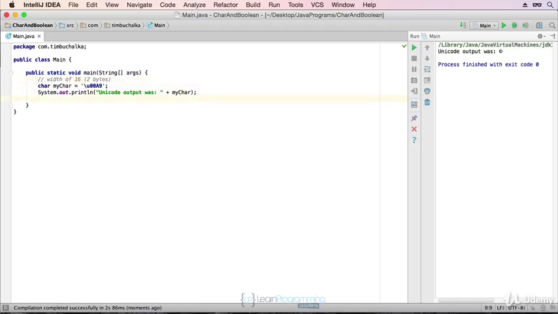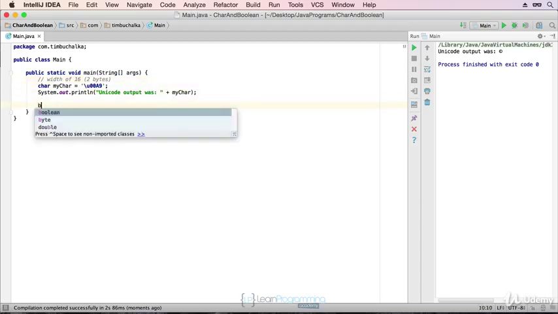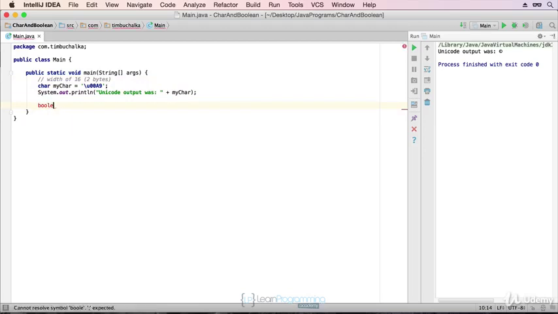Second type is called a Boolean. So we'd use that, we type in Boolean, B-O-O-L-E-A-N. My Boolean equals, and there can only be 2 values. The 2 values are true or false. That's it. You can't have any other value for a Boolean, and it's used to test whether something is true